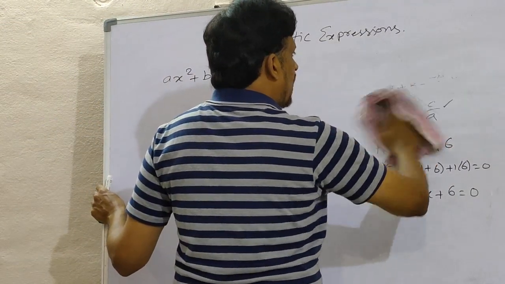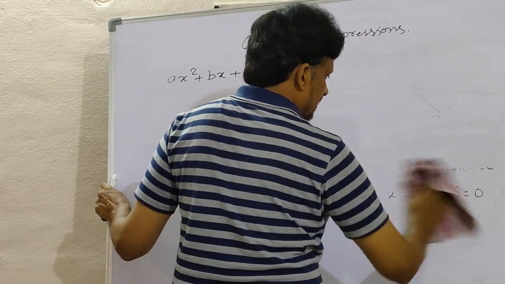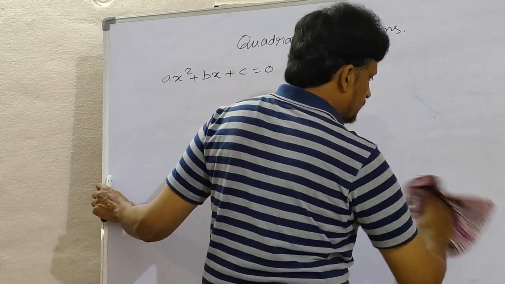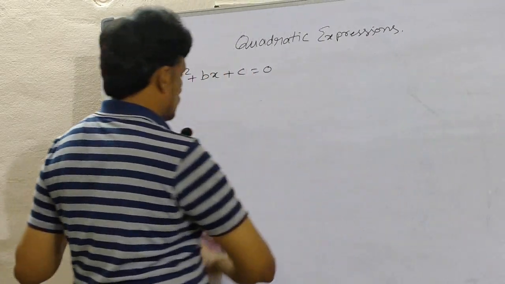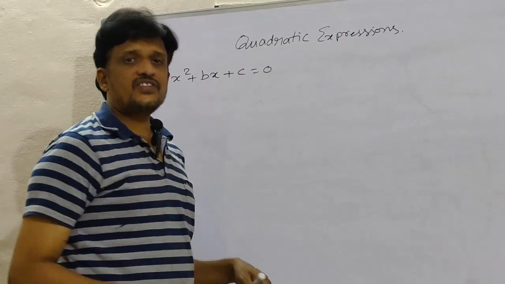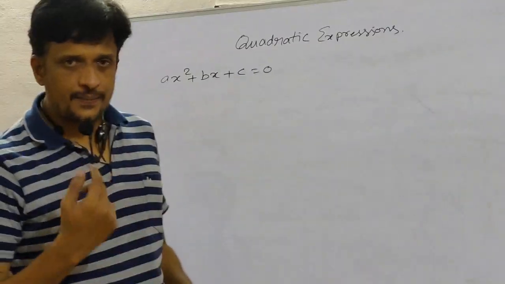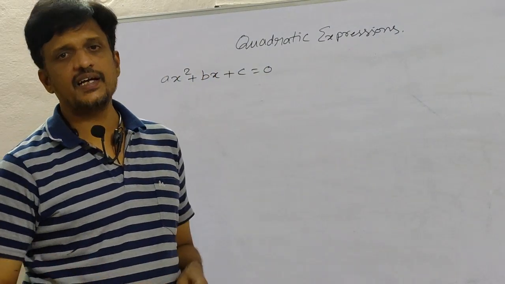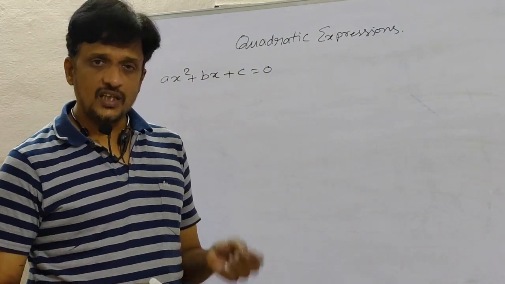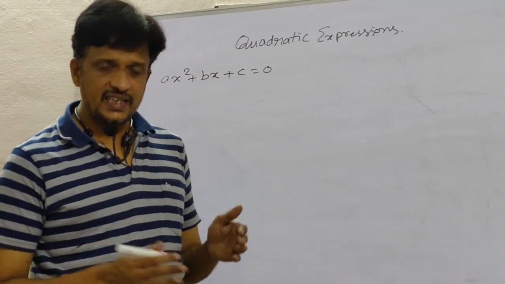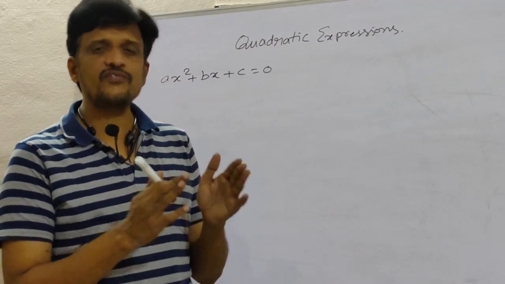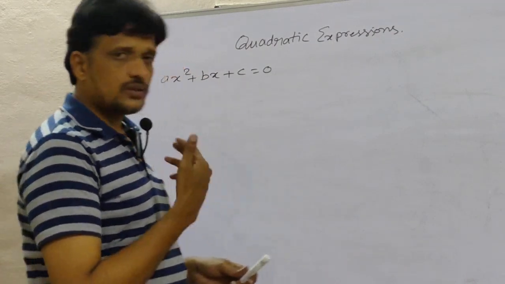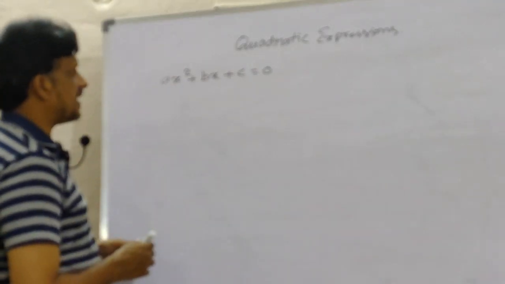Now, what type of roots will we get? How can you say the nature of the roots? After calculating the roots, either by factorization or by using the formula we just discussed, we can say. But here, without finding the roots, it is enough to find their nature, how the roots are, like this.